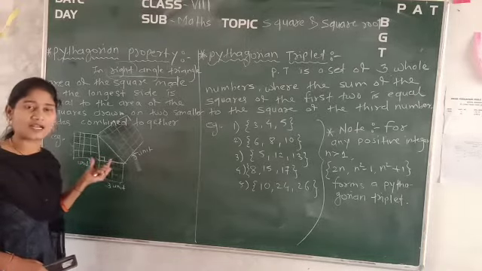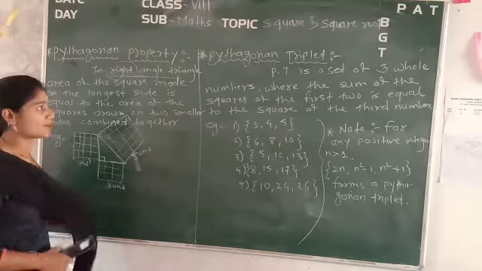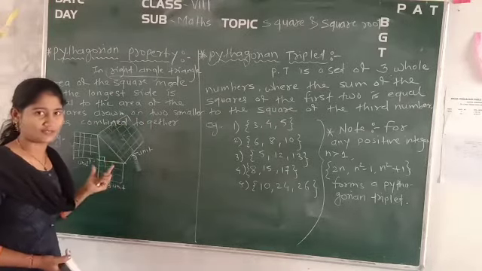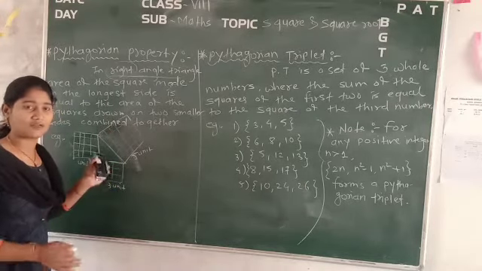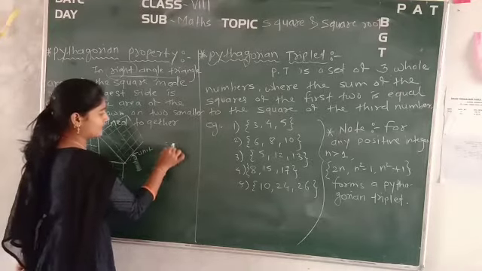If it will form the right angle triangle, then it will be your Pythagorean triplet. Because in its property you have explained that, that's why we have to follow this way. Now see, suppose if we take the numbers apart from 3, 4, 5, after 5 there will be 6, 7, 8.